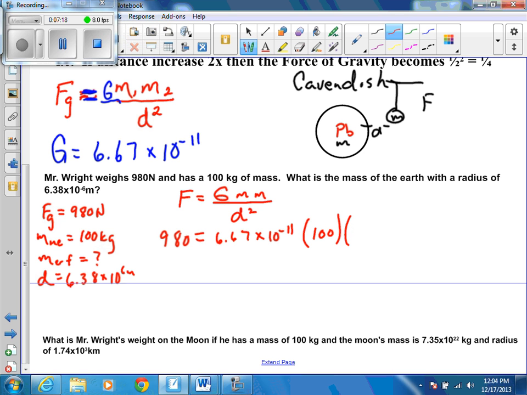I'm looking to find out the mass of the Earth. And I'm going to divide that by its radius squared, so 6.38 times 10 to the 6. And don't forget what you have to do to that distance. That's the big mistake that most people make on their tests: they forget to square that. And so when you do all the math here, I end up with the mass of the Earth